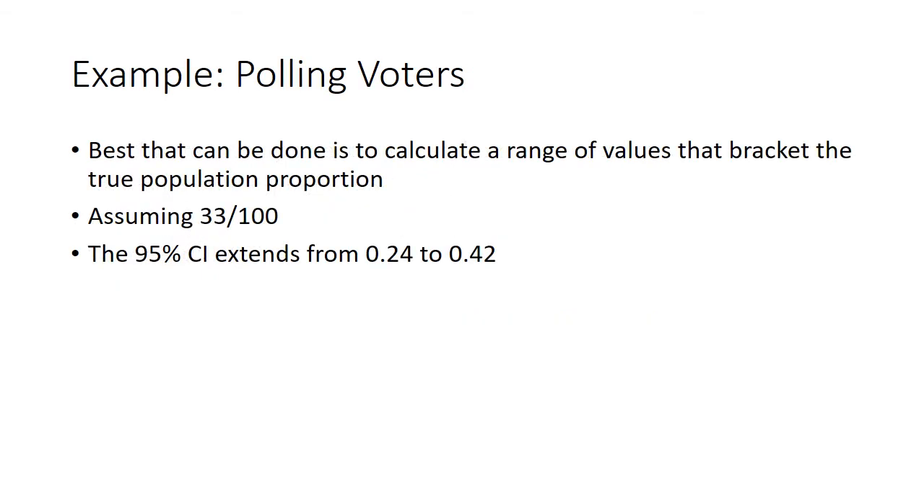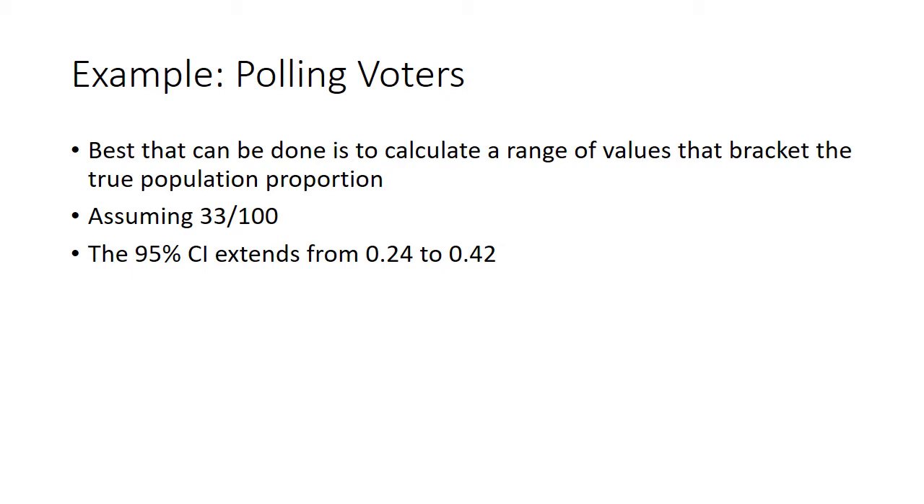So here, if we were to use the 100 people that we polled, and we had 33 out of 100 say they want to vote for pie, basically we can come up with a confidence interval. We would calculate a confidence interval that would extend from 0.24 to 0.42, meaning that if you were to extrapolate this back to whatever population you're interested in,